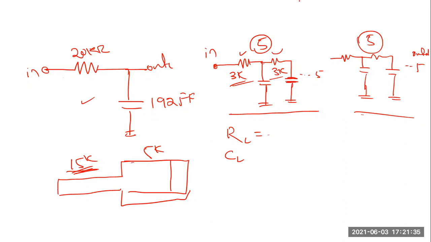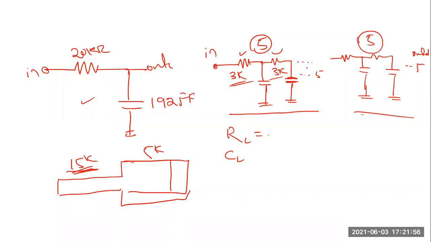Per capacitance I am asking. There are 5 capacitances in total, so what is the value of the individual capacitance here?